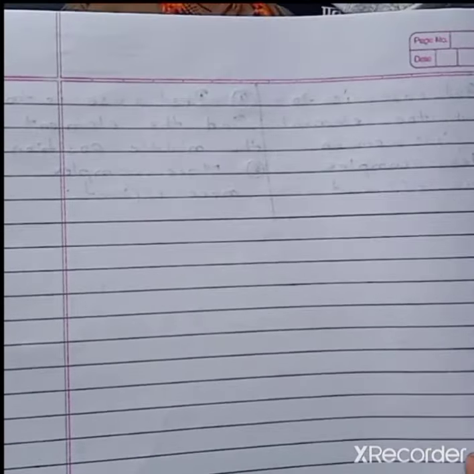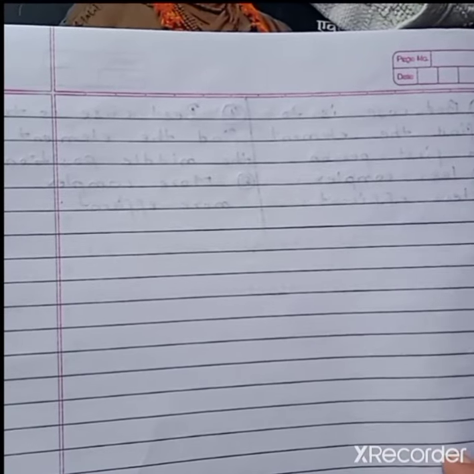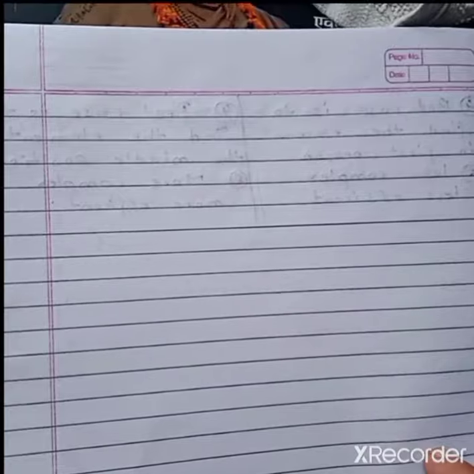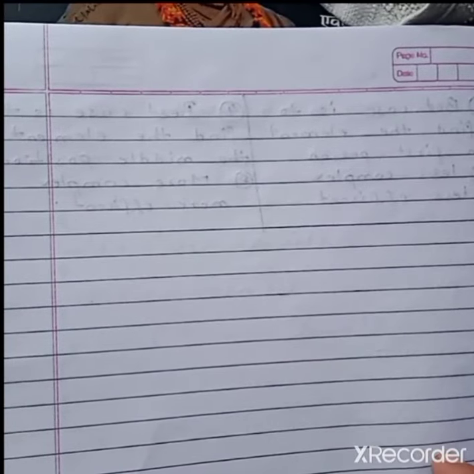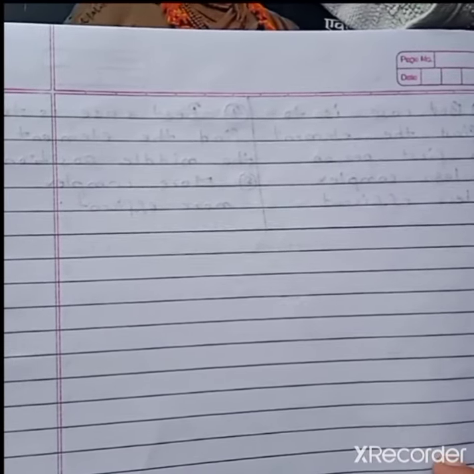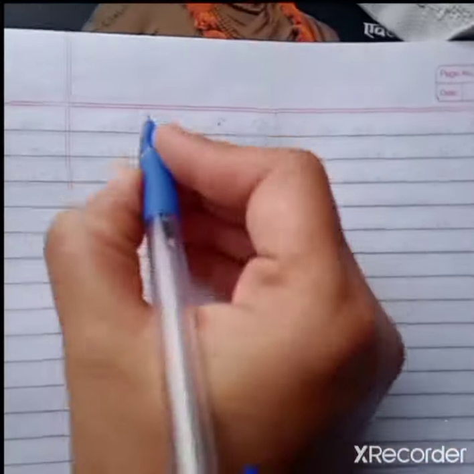In the previous lecture we have seen some number conversion. We'll continue that number conversion in today's lecture also. Some part of number conversion is remaining. Previously we saw the hexadecimal to binary conversion. In that we have seen two examples. We'll see some more examples in that conversion, that is hexadecimal to binary.